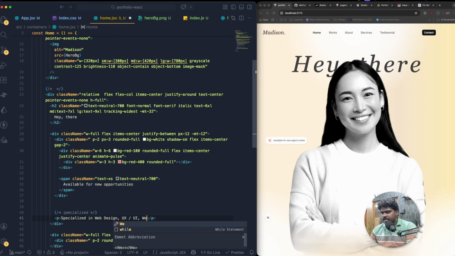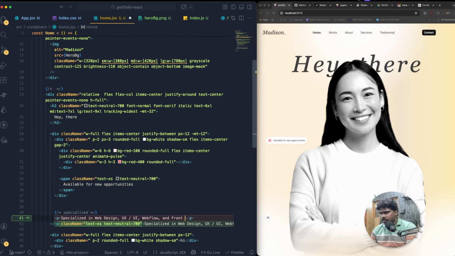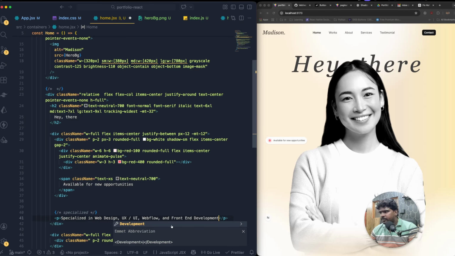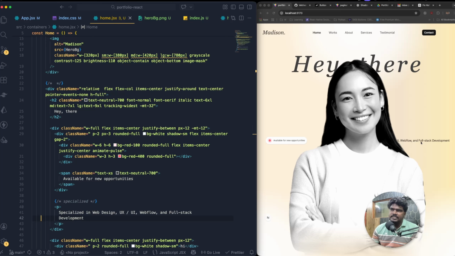And we can say Webflow and front end development, or even you can put yourself full stack development, something like this. So I do have that text over there. So for this, what we can do is, class name,